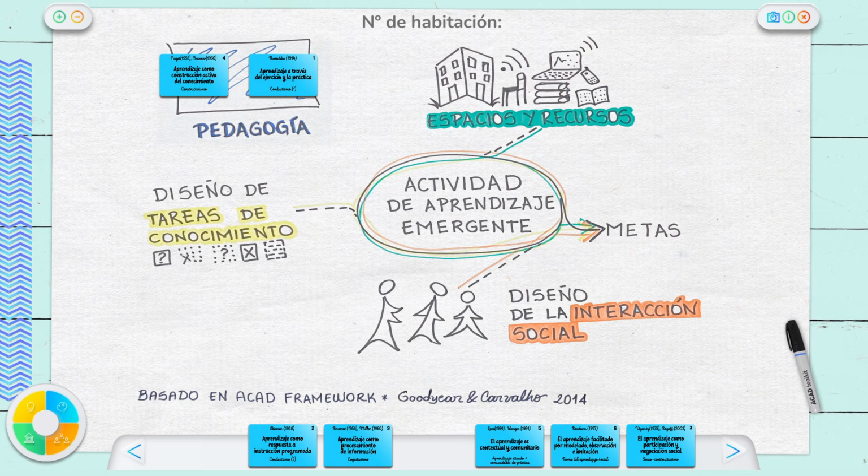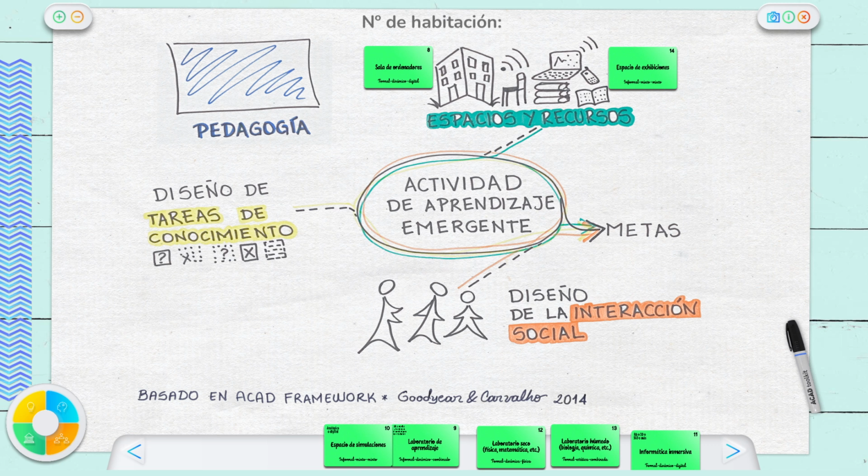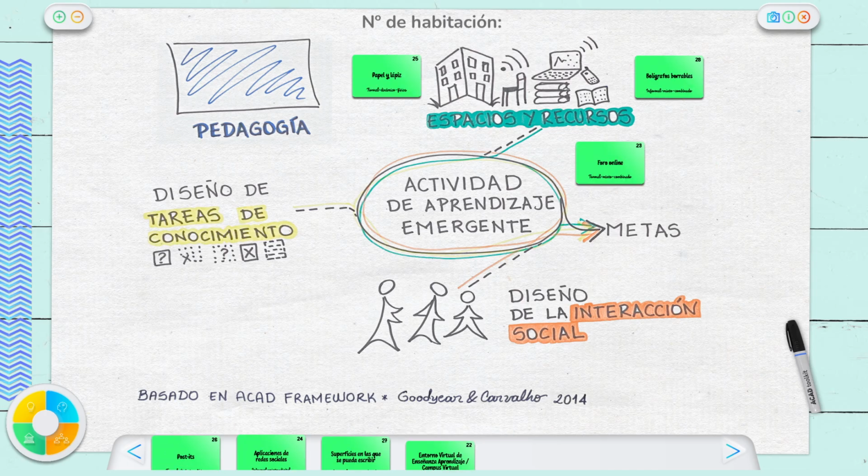In pedagogy, I have that learning occurs with the active construction of knowledge in my activities, as well as the creation, of course, of activities and practice. In terms of space, we have the classroom, the computer room, and the exhibition space. We use collaborative study as a resource. As resources, we use laptops and computers. We also use tablets. We use paper, different types of pencils, and we have the online forum so the parents